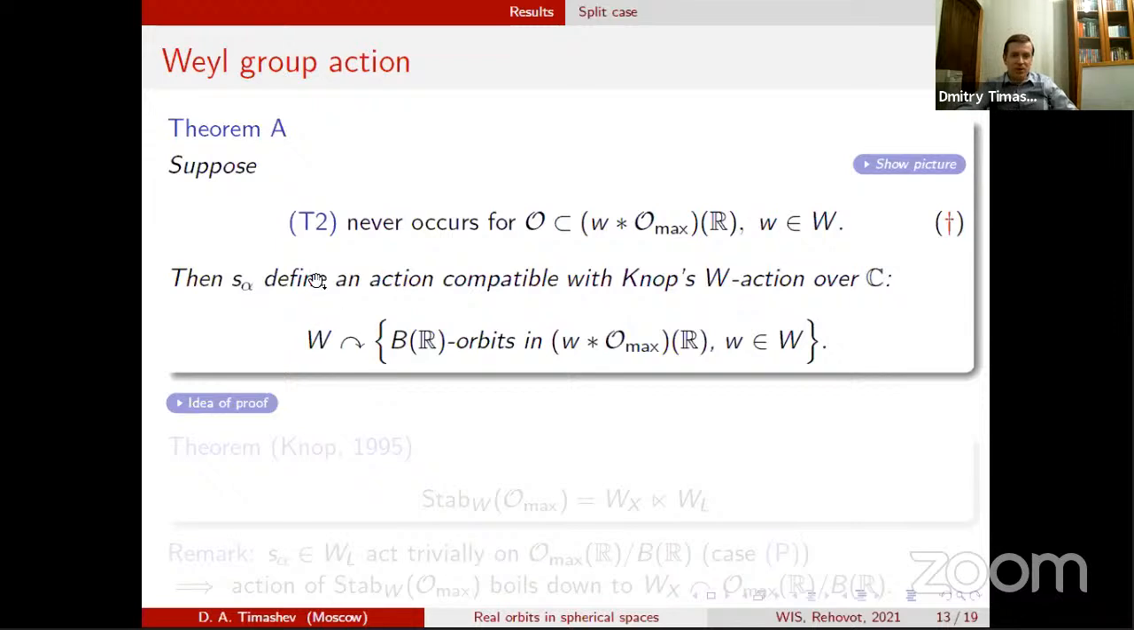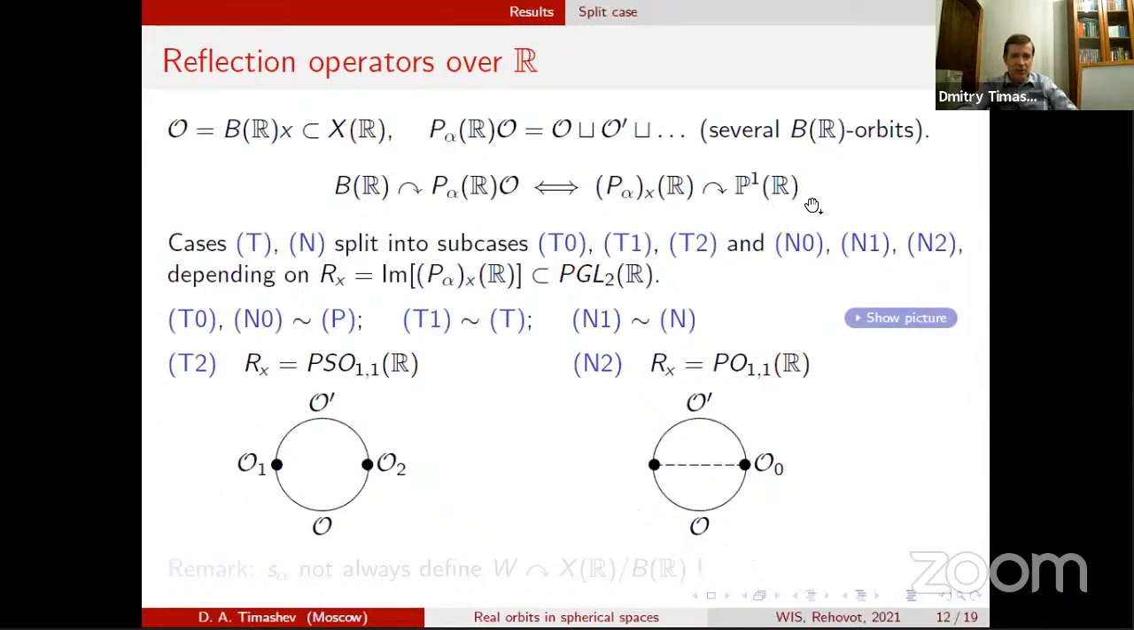The condition is indeed a bit tricky. It says that the case T2 should never occur for real Borel orbits of maximal rank. Let me remind you again that the case T2 is the case in which there are two open real Borel orbits in the real minimal parabolic orbit. These orbits are marked by O and O prime, and the reflection operator as alpha interchanges them. And in this case,